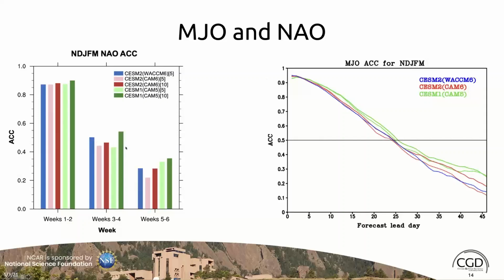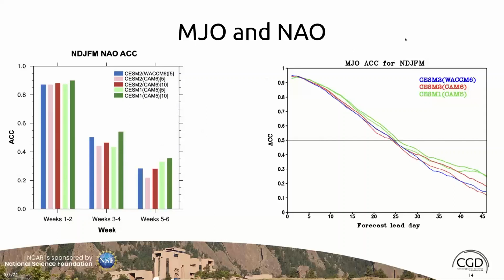But again, if we did statistical differences, they're not showing anything, but there is a little indication here that there may be a little bit more diversity in the predictability of the NAO between the models, something we haven't had much time to investigate in detail. But overall, all the models are doing well. And of course, if you have more ensemble members, your skill is going to be higher.